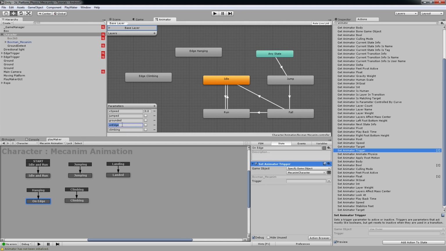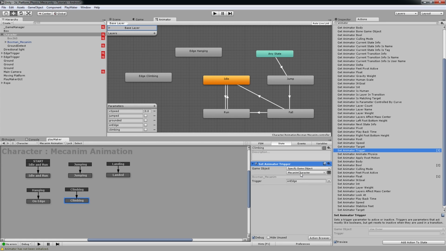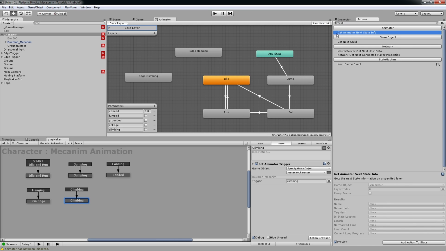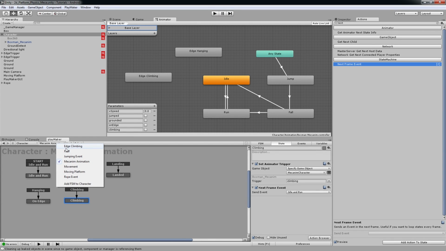Okay, so for the on edge I'm going to use that on edge, and then I'm going to copy this action, paste it under climbing. So here under climbing I'm going to set this to climbing, with small lowercase c, and then I'm going to send next frame event to back idle and run. So I think this is all for our FSM Mecanim animation,